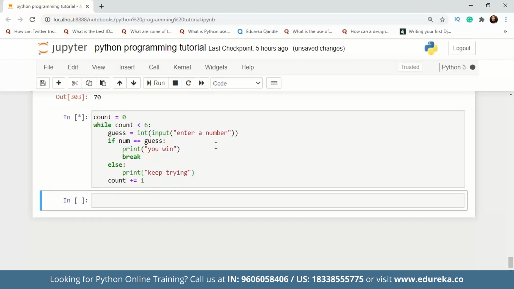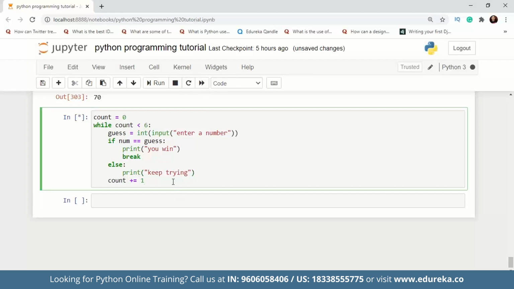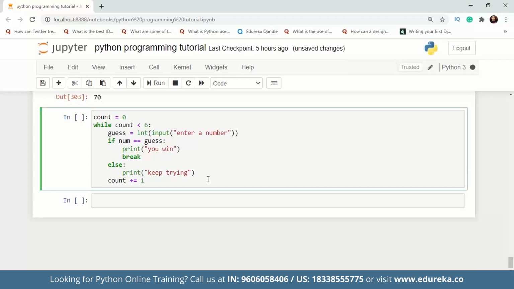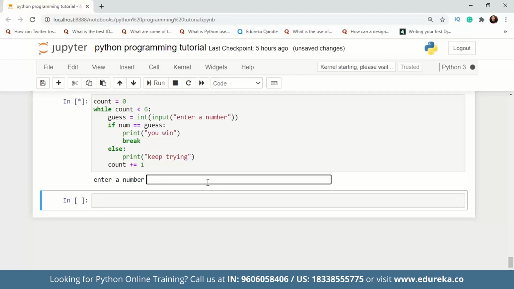So we'll run it again. We'll have to restart the kernel to bring it to life because we did not stop the program over there. So restarting the kernel now. If you do not really know how Jupyter Notebook works, it's a part of Anaconda Python. You can download Anaconda Python from the official website. And if you want any assistance there, we have an Anaconda tutorial as well, which you can follow.